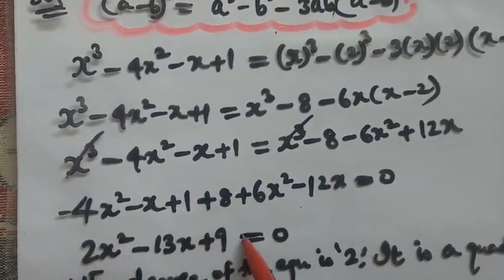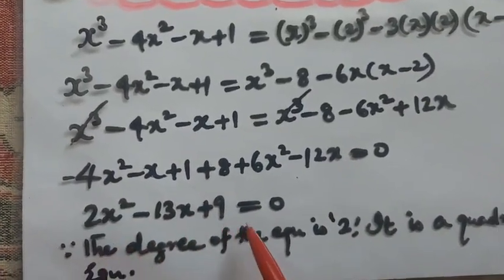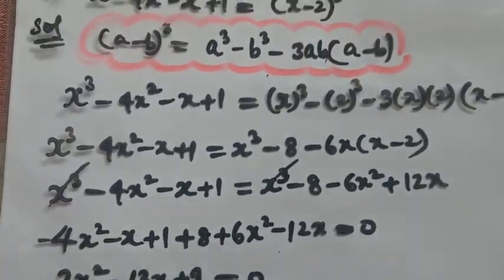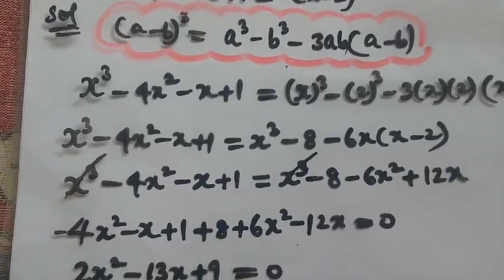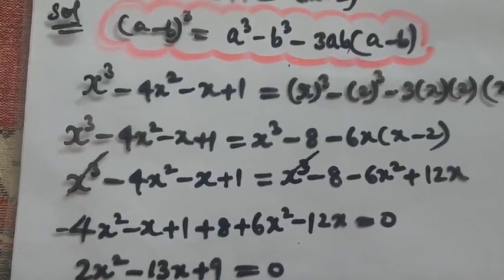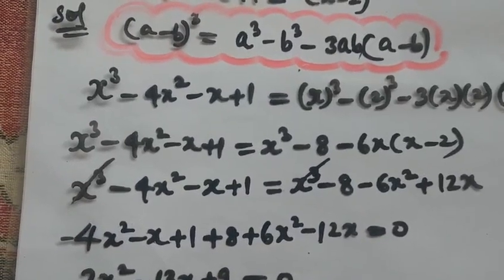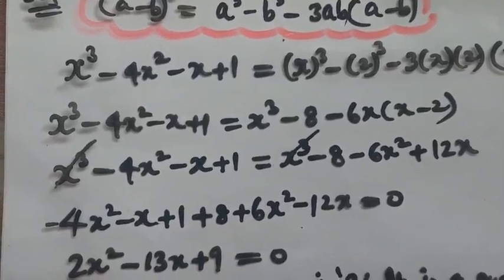Now check out the degree. The degree here is 2. The highest power is 2. So I am writing, since the degree of the equation is 2, it is a quadratic equation. So by this we have completed our homework problems also. Please do homework, check your answer, do self-correction. If you have any doubt or any difficulty in opening the brackets, do the same problems in your rough notebooks. Now let's go to question number 2 of exercise 4.1.